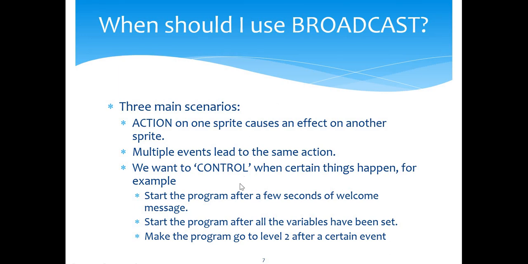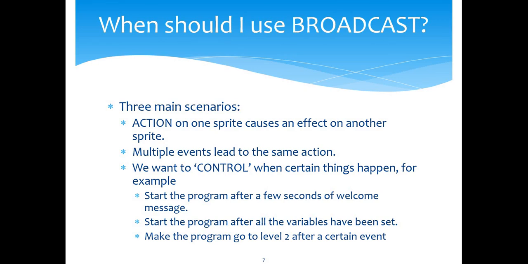Third and very important usage as well is when we want to control how things happen, right? For example, I find a lot of students having a welcome message to their game. They say, okay, look, welcome to my game, these are the instructions. After 5 seconds, the game should start. So I see students say, wait 5 seconds. But sometimes it's clumsy because you have to keep track of how many seconds something is happening. If you have some dialogue in the beginning, you're keeping track of all that. Instead, what you can do is let the welcome message play, and at the end of it, broadcast. Once you broadcast, it basically sends a message to everybody, look, we are starting. It's like, okay, ready, get set, go, right?